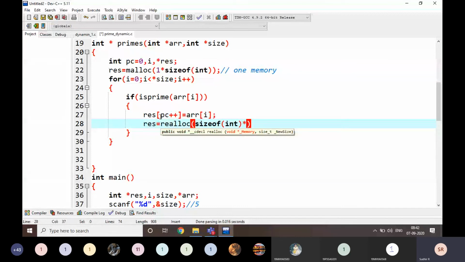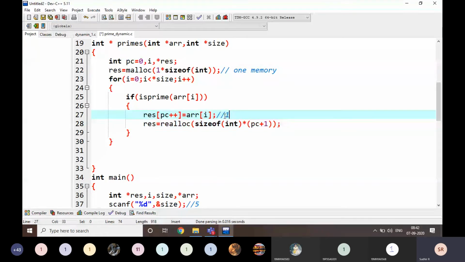What is pc here? pc is 1 already. pc plus 1, so I am going to write here pc plus 1. Why am I writing pc plus 1? Already here pc becomes 1 after the statement. I am not allocating only one memory location.